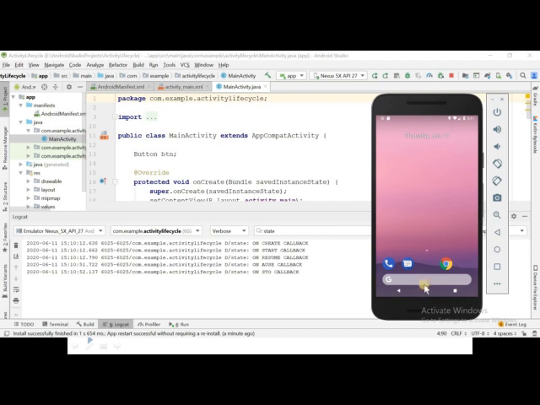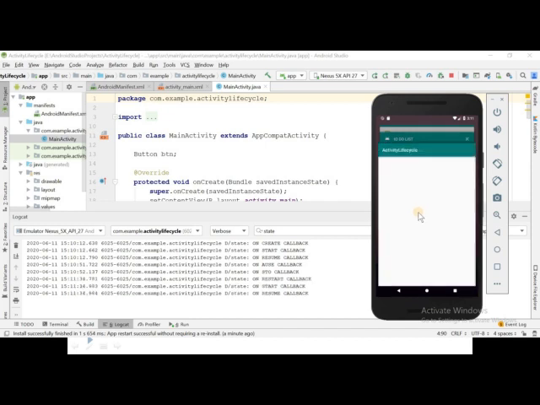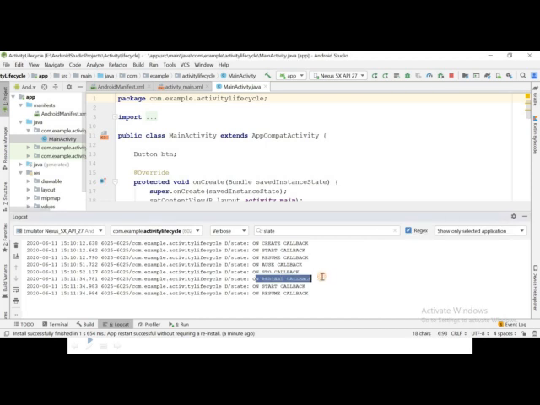Now we can bring our activity back using the recent apps button, and when we click that button, we will see all the apps that we have started. Now let's start this app we were working with, and let's see that the activity comes to the screen. Now you see that first the onRestart method has been called, then the onStart method, and then the onResume method, as we discussed in our